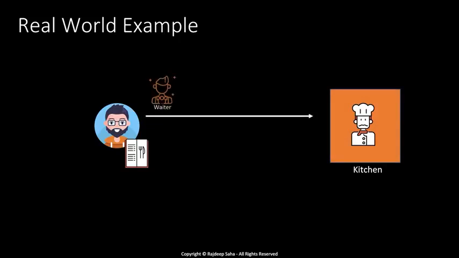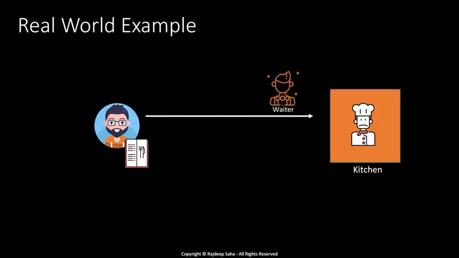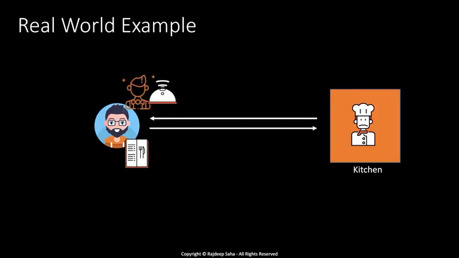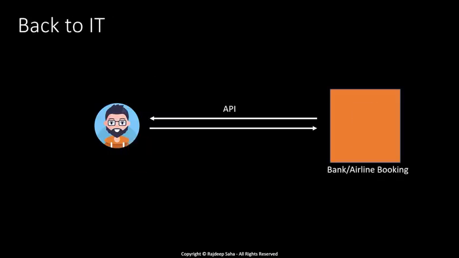You have a waiter who takes your order from this predefined set of food items from the menu, takes the order to the kitchen, and then brings the requested food to your table. So in this case, the waiter is acting as an interface between you and the kitchen. So the waiter is an API in this case. So now if we go back to our IT world,